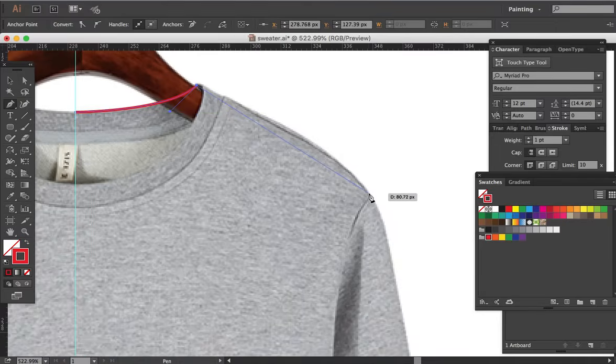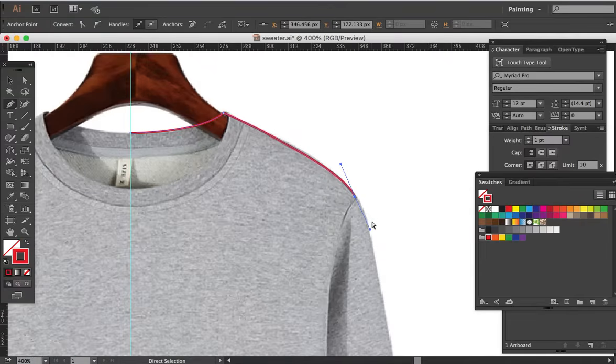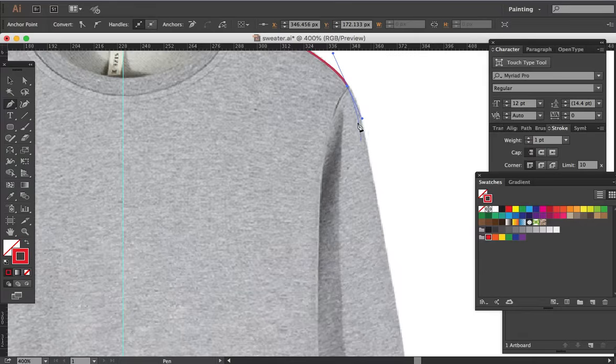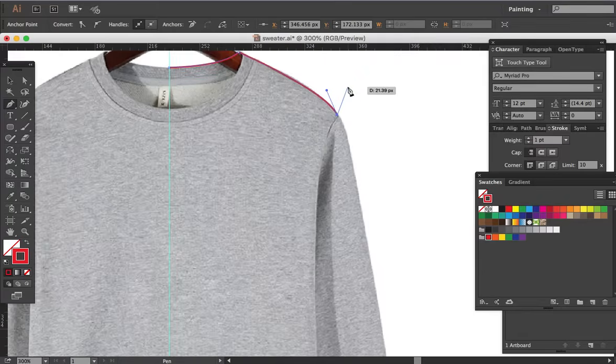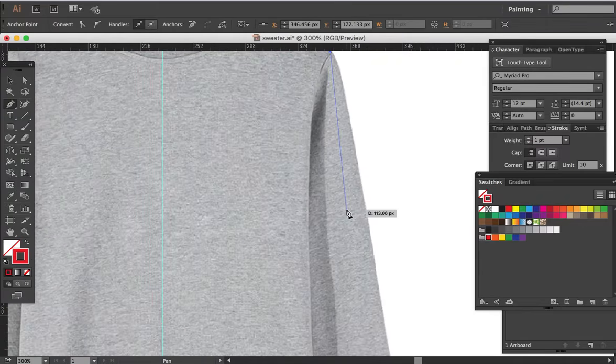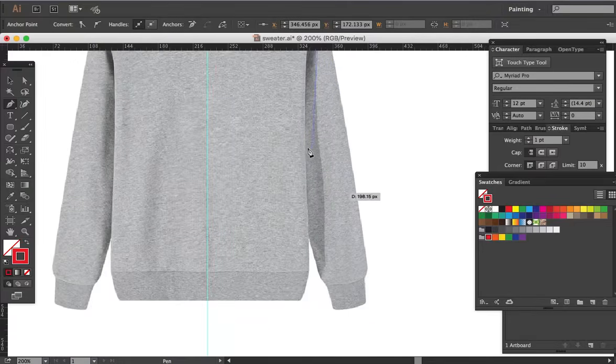Okay, then click here, click, hold slowly, then drag so that you can follow the shape or the curve of the shoulder. Okay, now click the anchor point again, then zoom out,